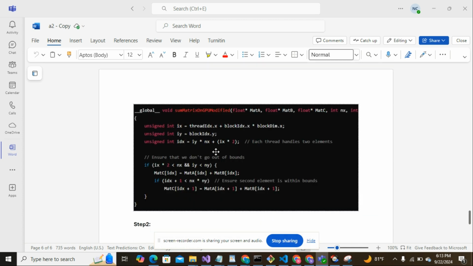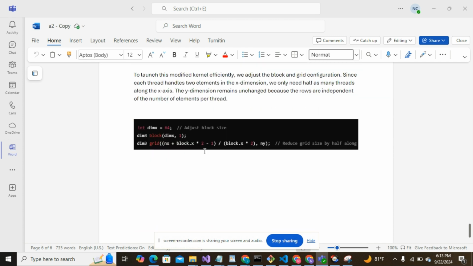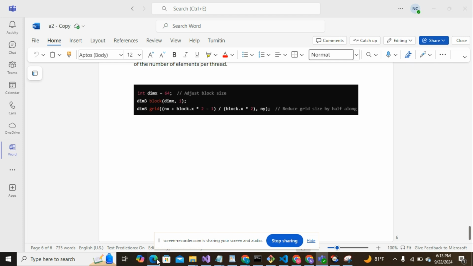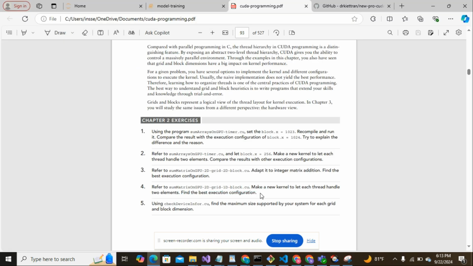According to this pattern, we have two elements for each thread, so we have to change that accordingly. Before we had minus one, now we're doing two threads minus one. That's pretty much it for this